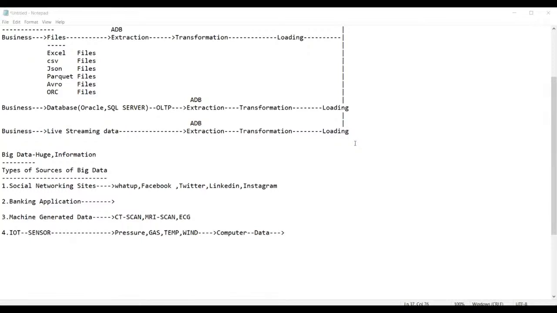What it does exactly is measure the wind. Those fans are nothing but sensors, and they are connected to the computers. Whatever is recorded, the data will be transferred to the computer, kept into files, and again transformed further for analysis. So basically this is how the process moves on here.